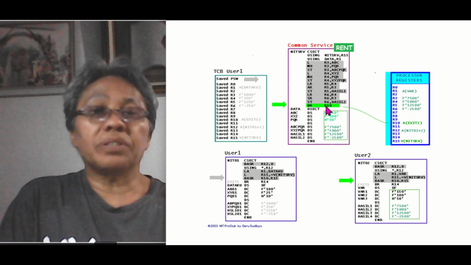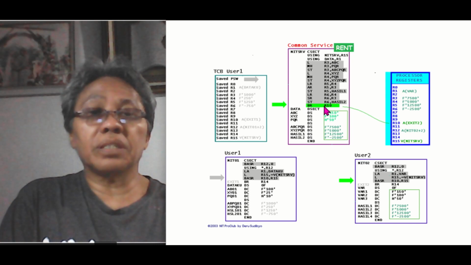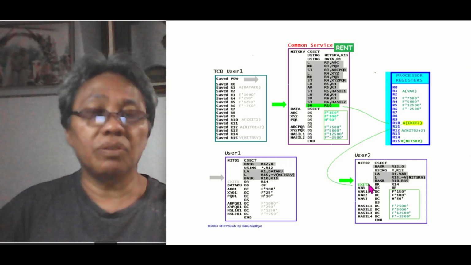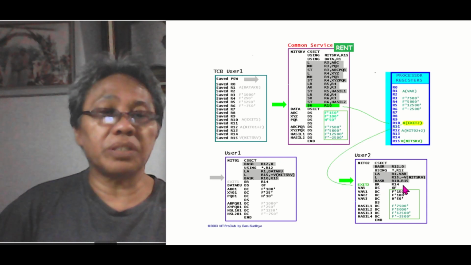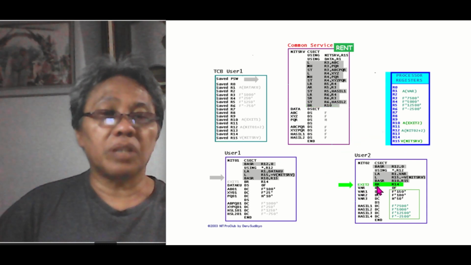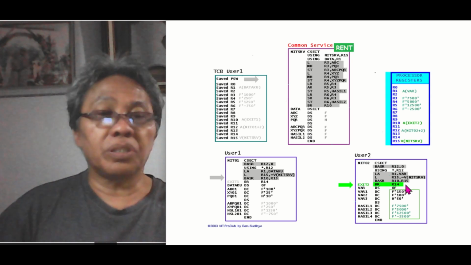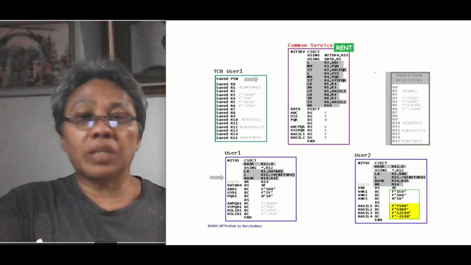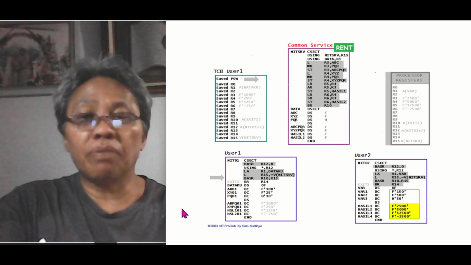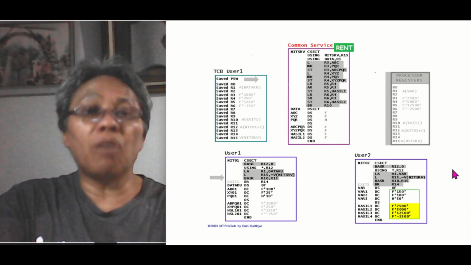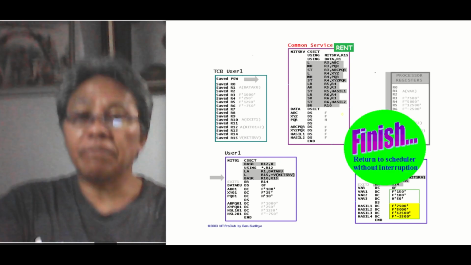Next, branch register 10. Branch to the address contained in register 10. What is it? This one. Address of exit 2. Here is exit 2. So control goes to this instruction. This instruction means unconditionally branch to the address contained in register 14. So what is it? It is actually from the caller before everything is done, from the operating system, meaning go back to the operating system, then finish.